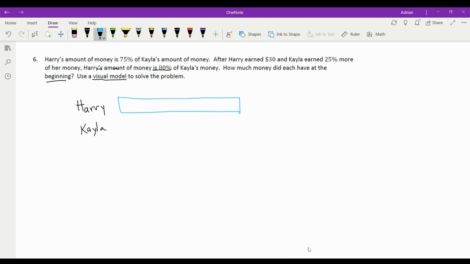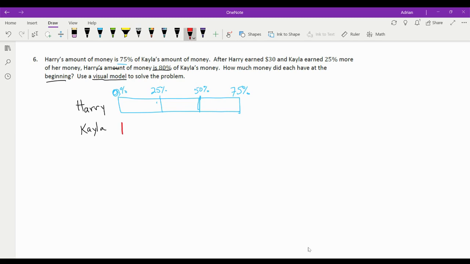All right, so Harry at this point has 75% of Kayla's amount of money. 75%, if I count, what number can I count to 75%? That'll make it nice and neat. Well, I know that a factor of 75 is 25%. And if you go up another 25, you get 50, 75. And so if Harry has 75% of Kayla's amount of money, Kayla, let's do Kayla to be red, Kayla is